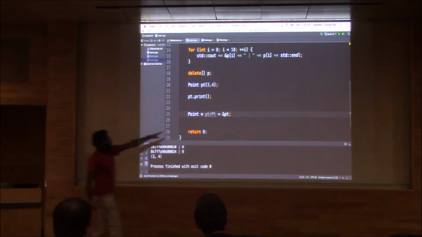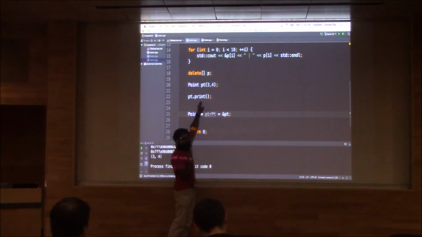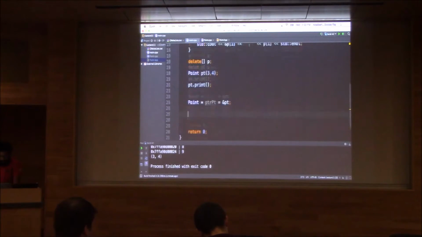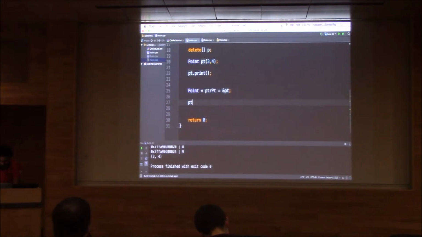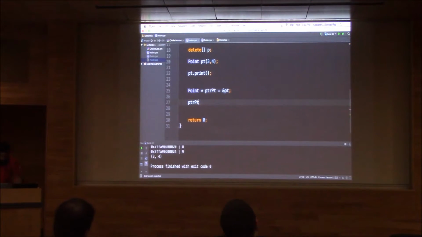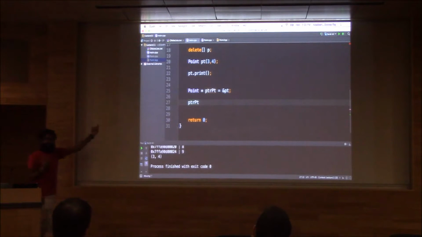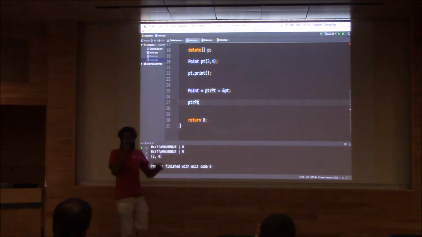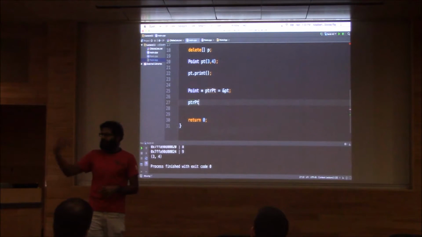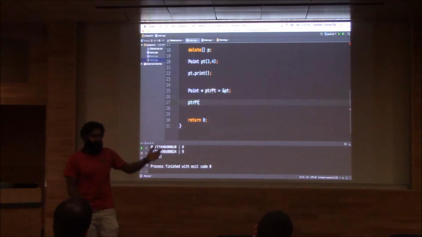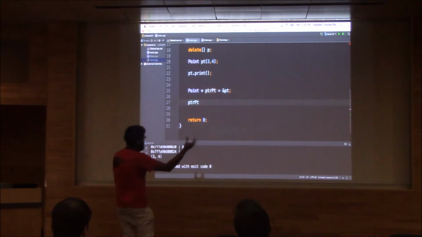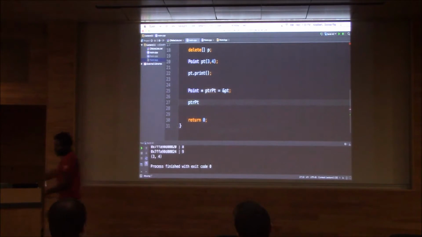Okay, we are just storing the address of this point object that we just created in this pointer variable, and now we can again print the point's details using this pointer, but since this is a pointer variable, the syntax is slightly different. Hereafter, we will not be using the dot notation for accessing the member functions or the data members, but instead, from a pointer variable, if you want to access a class's data members or member functions, you will use the